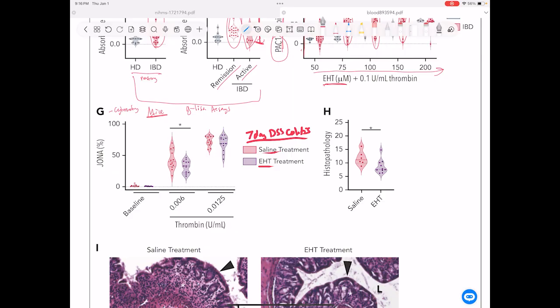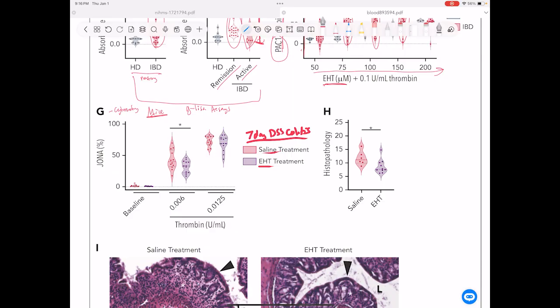The reason why you don't use water for this is because you put in liquids that are at the same pH and salinity as your blood, which water is not, but saline is. And that's why you get a saline drip. If you go to the hospital, you don't get a water drip. That's deadly. So at the end of this 7-day colitis, after 7 days of DSS, we then took the blood